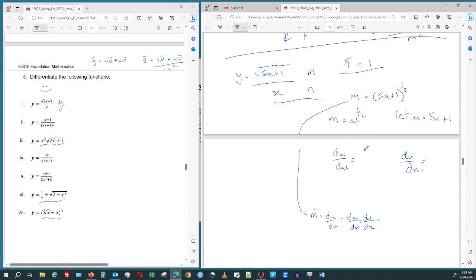So let's do the calculus. Half comes out, u to the half minus 1, not a big deal. This one here is just going to be 5. Let's refine this a bit further. Half minus 1 is minus a half. Minus a half is going to pull that u down. So we're going to get 1 over 2 u to the minus a half. So we can put them together now. Now put the x back in. The u was 5x plus 1 times 5. So we get a final m dash of 5 over